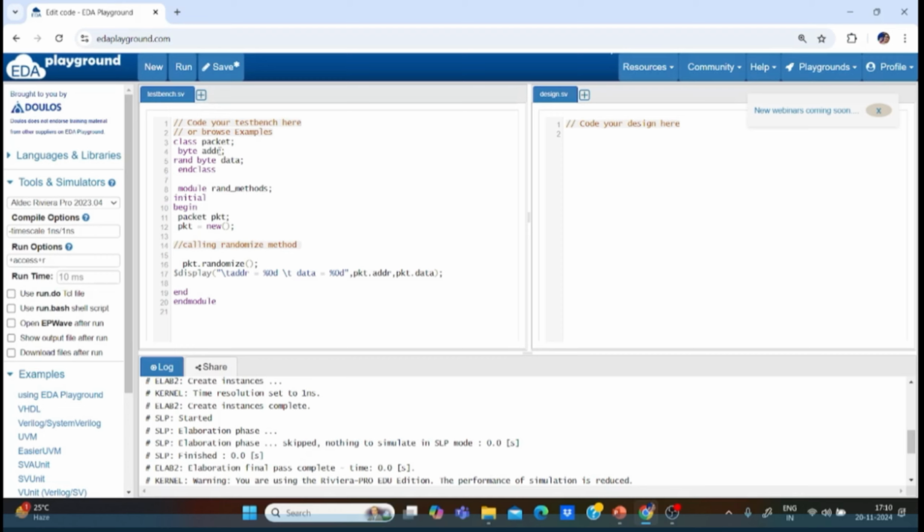So since it is not being randomized, what is its default value? Since you didn't give any value, the default value is 0. Okay, got my point? Now for this same thing, if you are giving rand and,